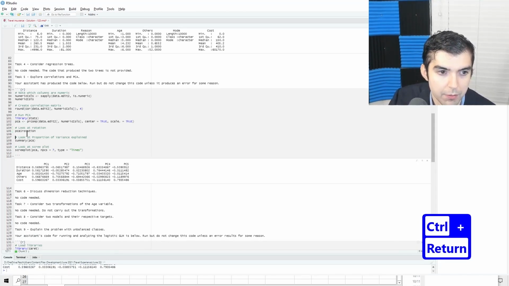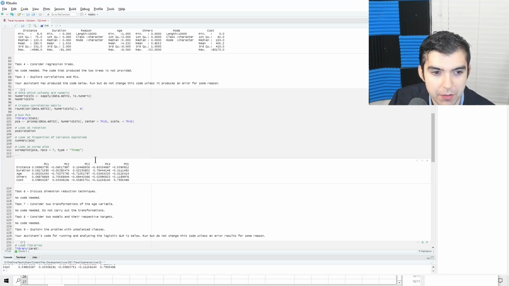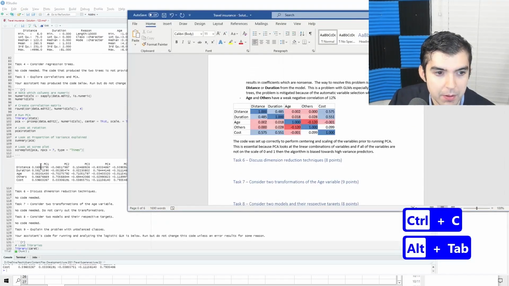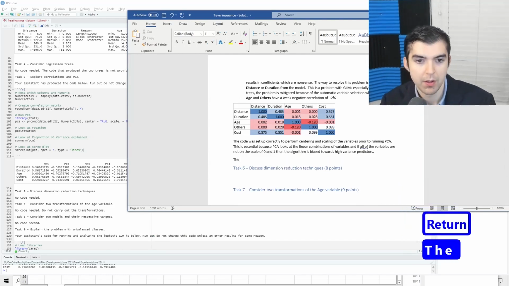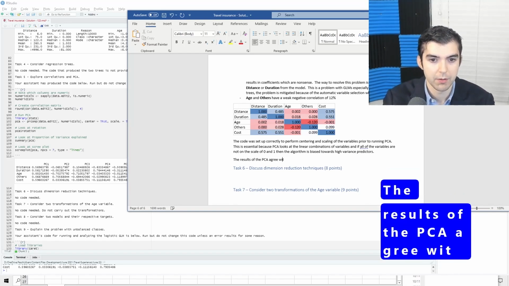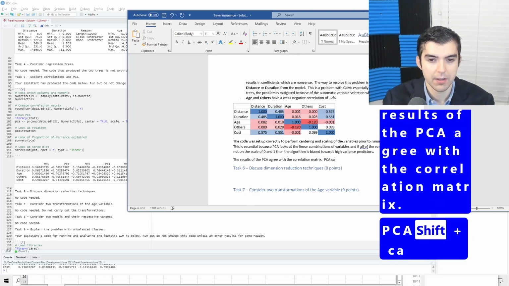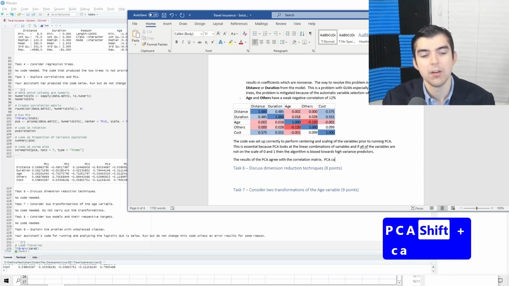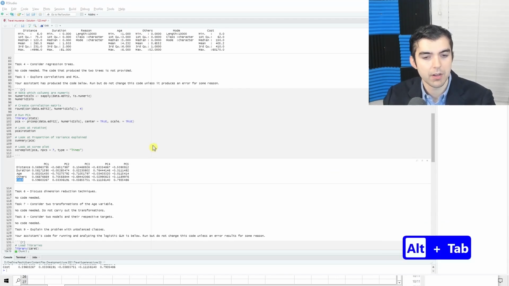And then it looks at the rotations, the summary, the scree plots. So I don't need to include all of these in the report. So it's enough to just comment on them. The results of a PCA agree with the correlation matrix. So I guess notice that this is using cost in the PCA, right?